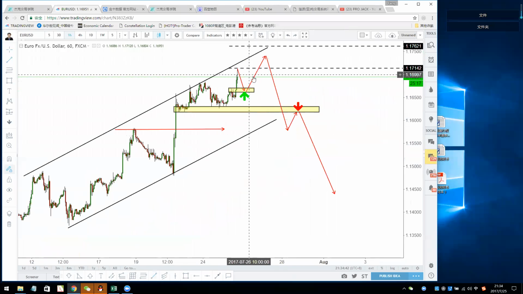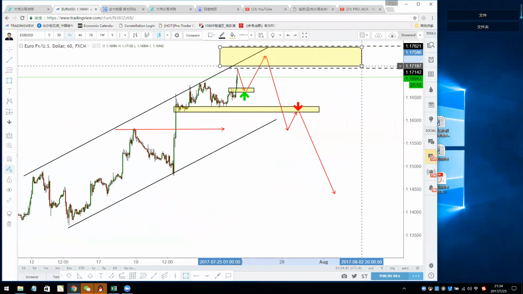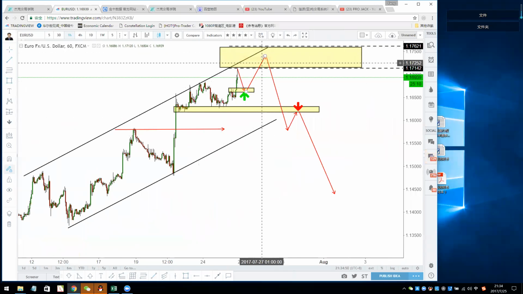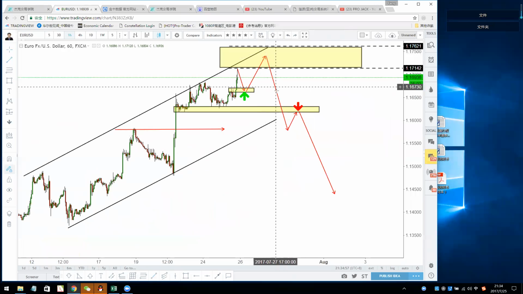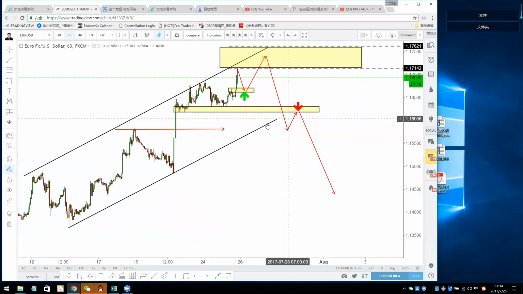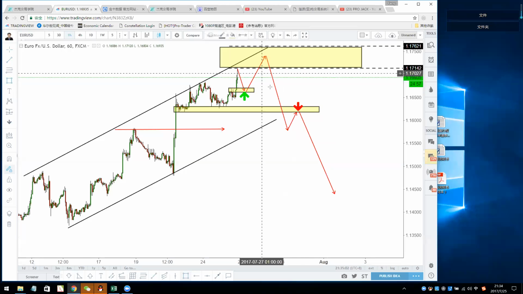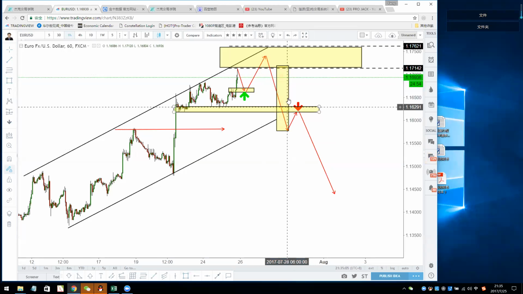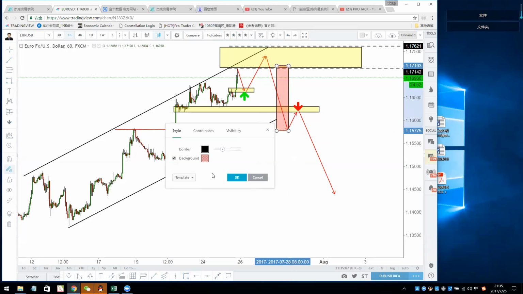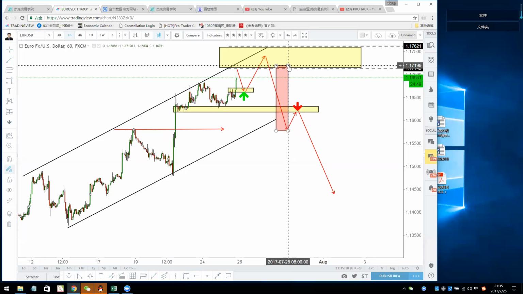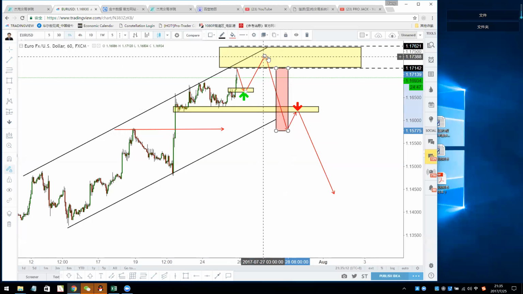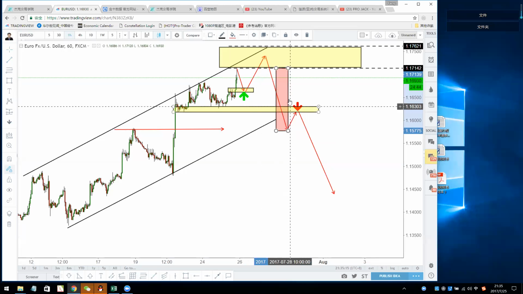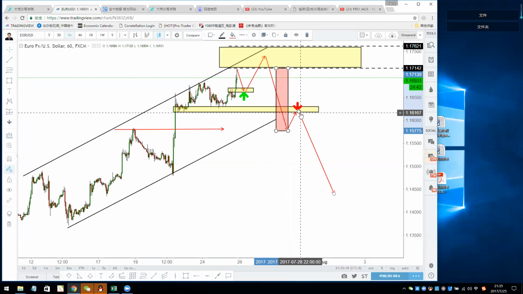Another way is, because we know that in the higher time frame this place is a very huge resistance area, you might have a turning point for the euro on the daily or weekly chart. If that does happen, the euro will come down and break 1.1620. After the break, you will see a big red candle, telling you that the sellers are coming. The sellers are there, the buyers are gone. Wait for a pullback at 1.1620 to short.